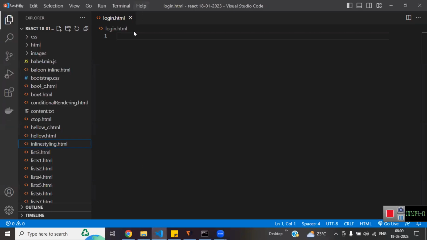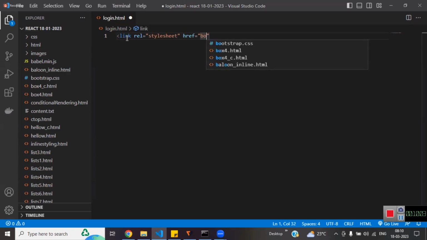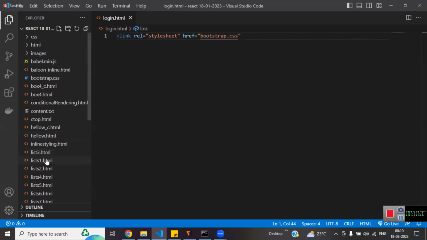Once you have the CSS file, the next thing is what? Come on. You have to load that CSS file. Link rel equals stylesheet. The next one, href equals what? Bootstrap.css. Okay, after that,